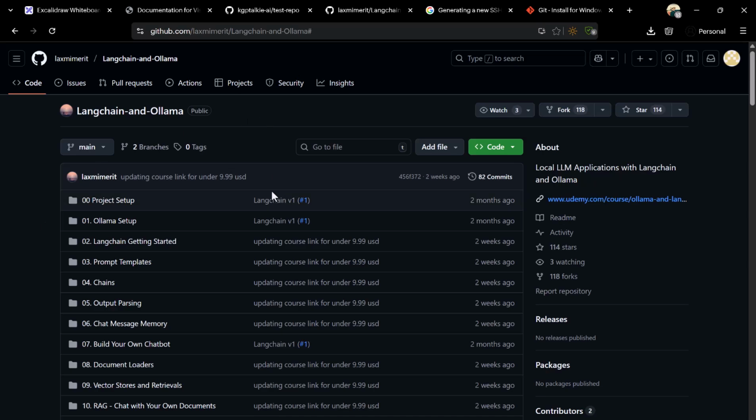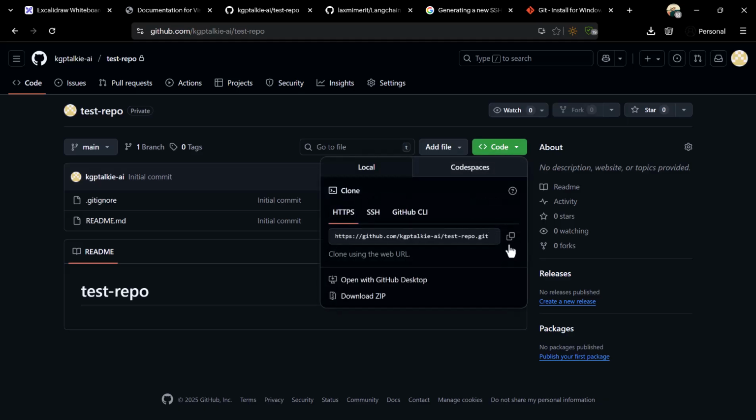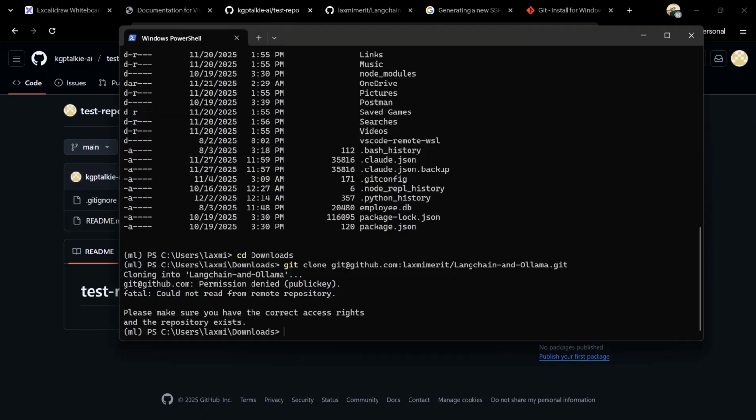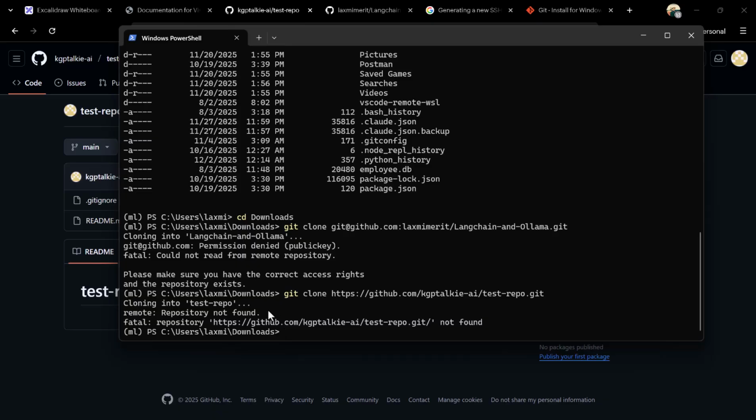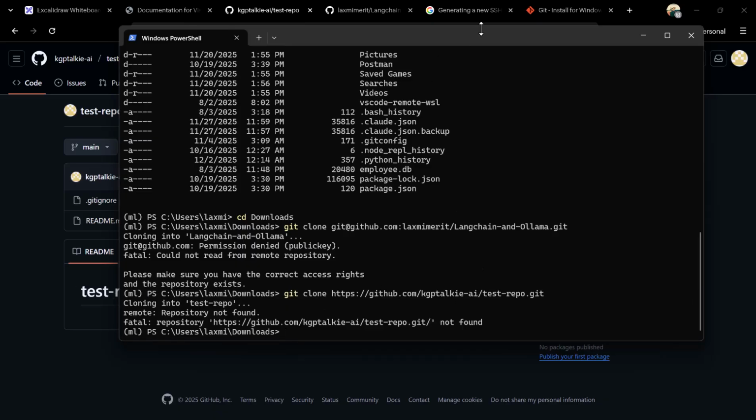The other issue, if you try to clone any private repository. Here I have one private repository in one of my test repos, KGP Talkie AI. This is just a test repo. In the test repo, if I want to clone this repo, even using HTTPS or SSH, whatever, it is going to give us the error. So if I try to do like this, then it is definitely going to give the error. So to solve this problem, what we have to do here is